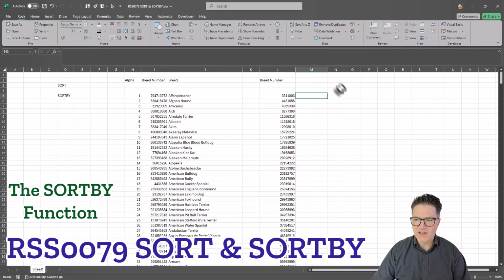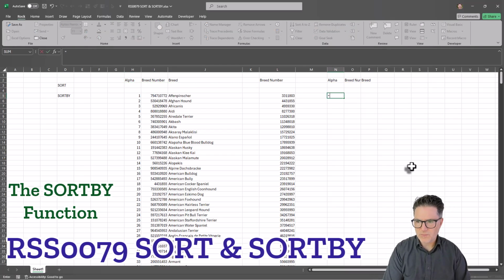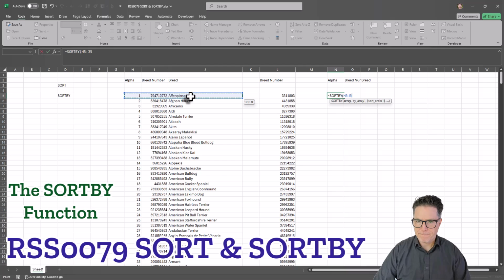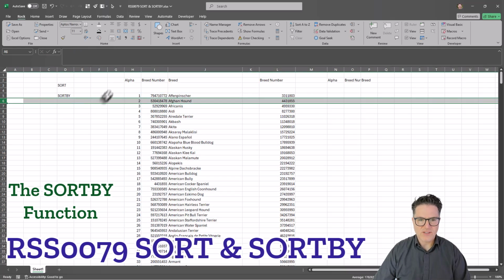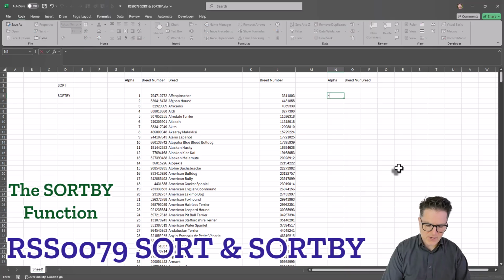Let's try a different approach using sort by, where if I want to sort this whole array by that breed number, let's do that. I'll copy this over here, and now I'm going to say equals sort by, and it's going to be this whole array. Let me freeze the panes here. There we go. Okay, if I put the sort by in here,